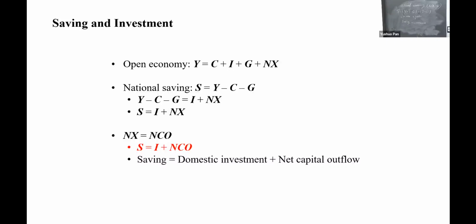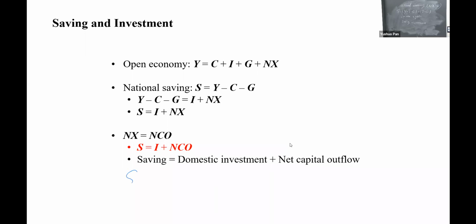In the closed economy, we learned that saving equals investment because no net export. But in an open economy, if we have net exports, of course we have money or currency flowing in and flowing out. That's the net capital outflow. So that's the open economy. In this case, the saving equals domestic investment plus net capital outflow,